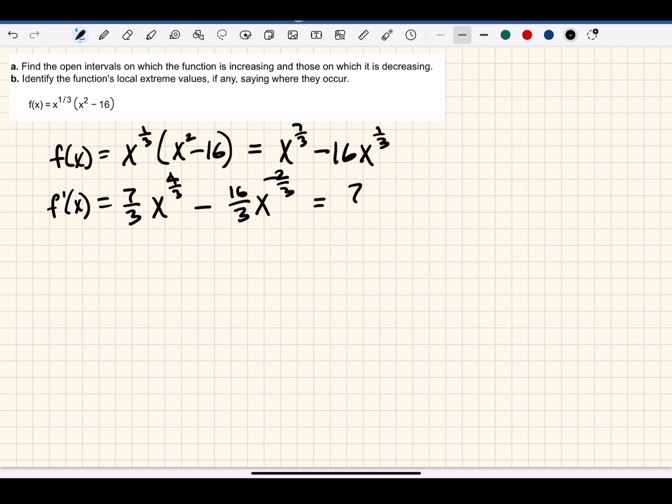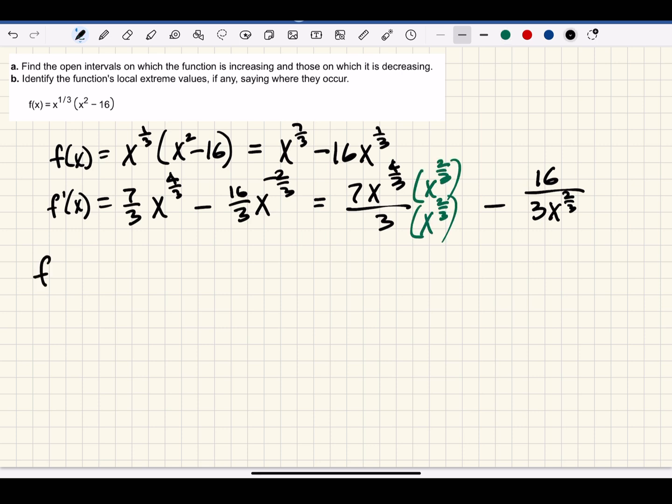The first term we could write as 7x to the 4/3 over 3. The second term we could write as 16 over 3x to the positive 2/3. In order to combine these terms, we would need a common denominator. We could do that by multiplying the top and bottom of the first term by x to the 2/3. This will give us the first derivative, f prime x, equal to 7x squared minus 16 over 3x to the